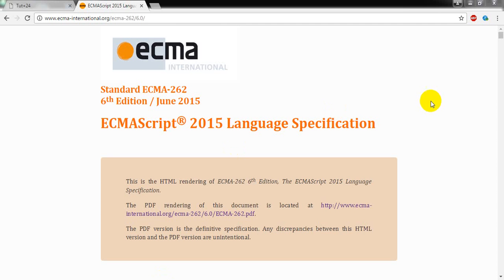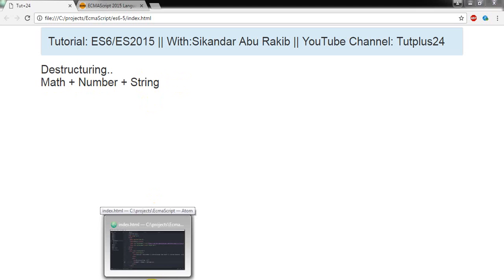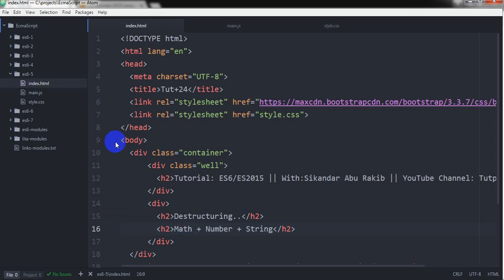Today I am going to show some excellent features of ECMAScript 2015 or ES6. Today I'm going to explain some cool features of ES6, which is called Destructuring, and some built-in functions related with math, number, and string. Today I'm using Atom as a code editor, and here in my project folder, this is